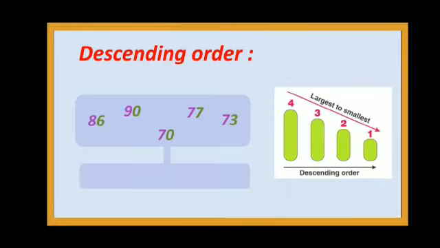Our next topic is descending order. That means the numbers are arranged in decreasing order, or numbers move towards backward counting. As you can see, some random numbers are given here. Let's arrange them in descending order, moving the sequence from the largest number to the smallest number. Firstly the largest number, 90, comes here, then 86, 77, 73 and 70. So this is how the exercise has been done.